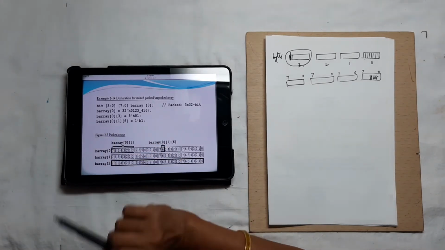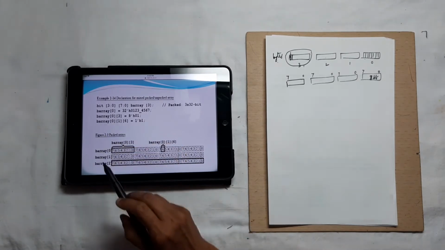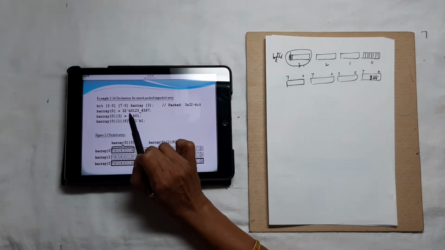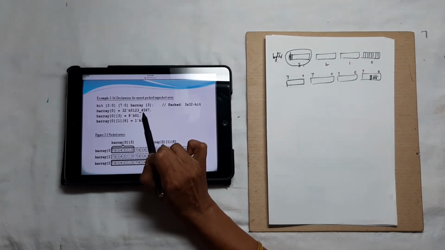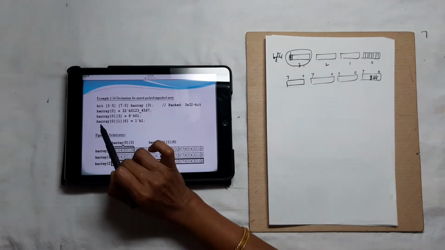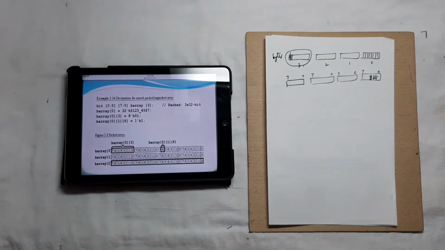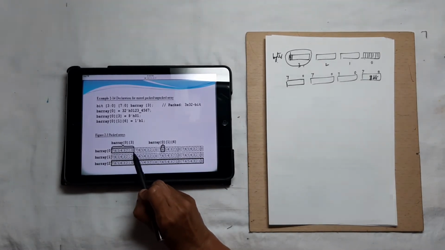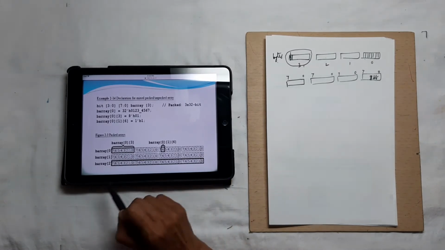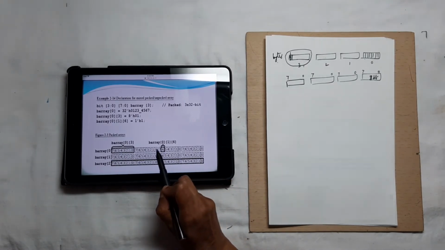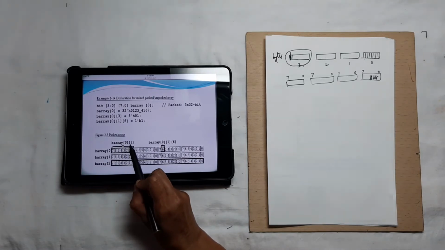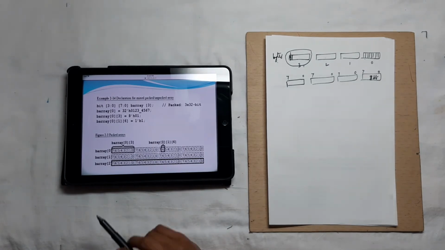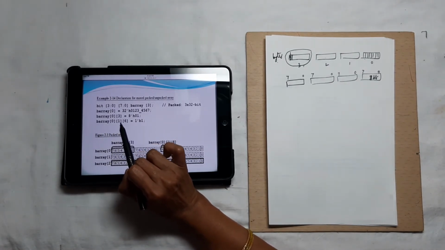Now, barray of 0. What is barray of 0? Barray of 0 is this entire thing. This is initialized with 32'hA0123_4567. Now, barray of 0, 3. What is this? Barray of 0 is this. Barray of 0, 3 is this part. 0 is this entire thing, and in that the third one is this part: 0th one, first one, second one and third one. Barray of 0, 3 is assigned the hexadecimal value of 01.